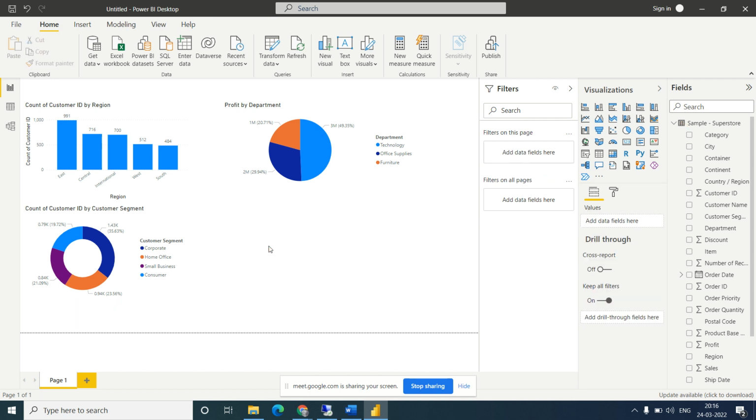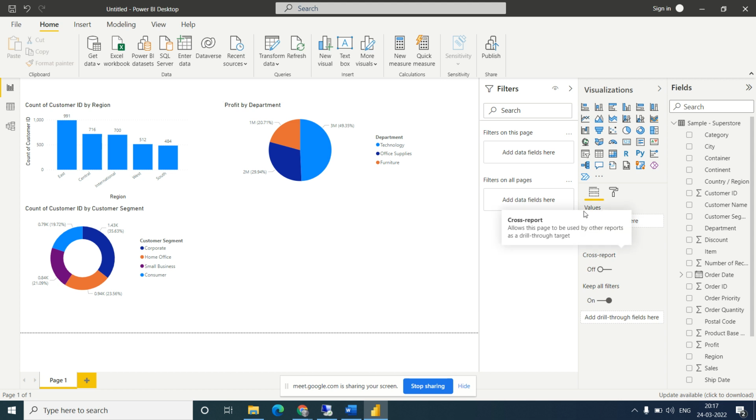Now I want to add a slicer. Slicer means, if I add a slicer on the year, one slicer for the year, one slicer for the month, and one slicer for the, okay, year and month I will add first. Then there is one slicer I need for the country. Okay, so let's add the slicer.